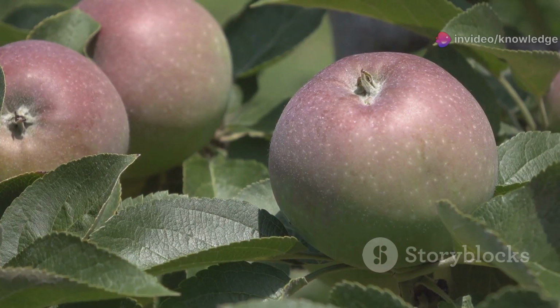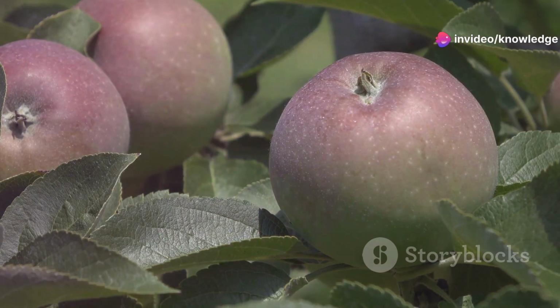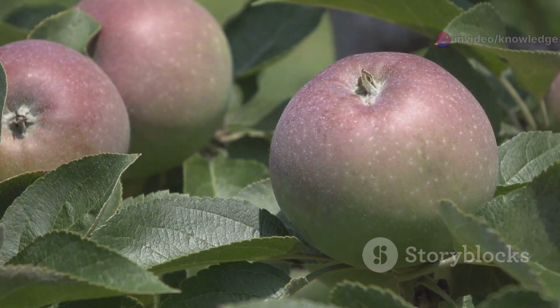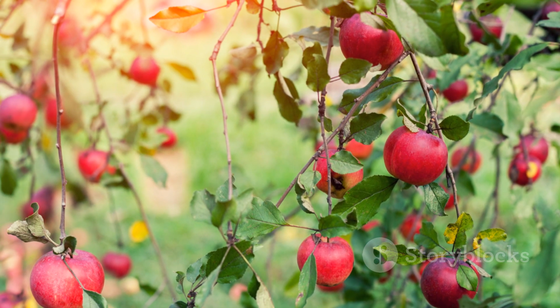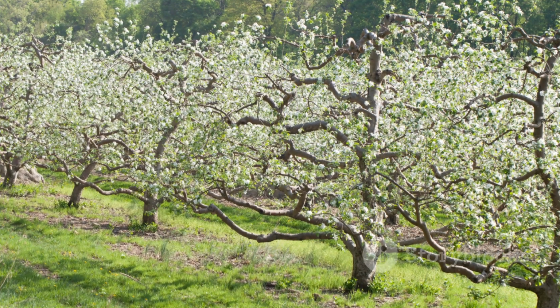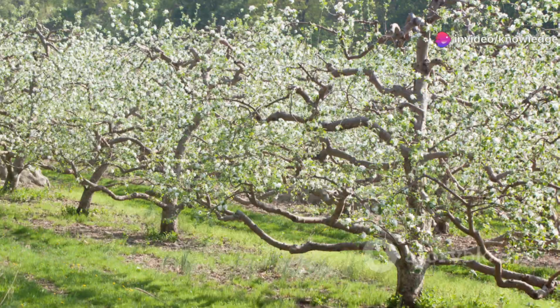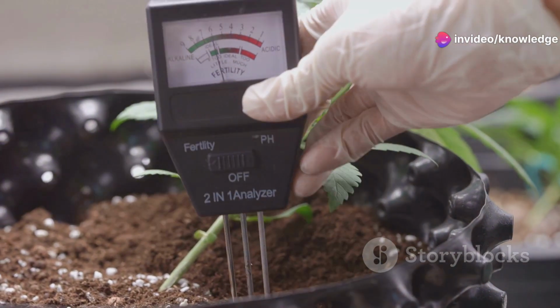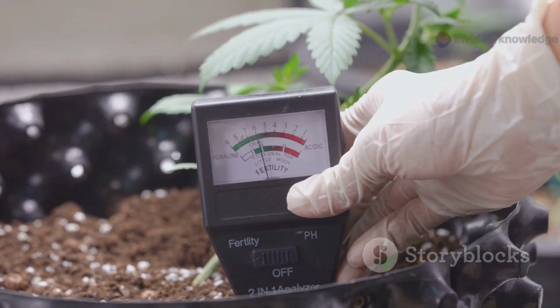Imagine the anticipation, the thrill of witnessing the first tiny green orbs emerge from the branches, gradually swelling and ripening under the summer sun. Apple trees, like most fruit trees, thrive in well-drained soil and bask in the warmth of full sunlight. They prefer slightly acidic soil, a pH between 6.0 and 7.0, but can tolerate a range of conditions